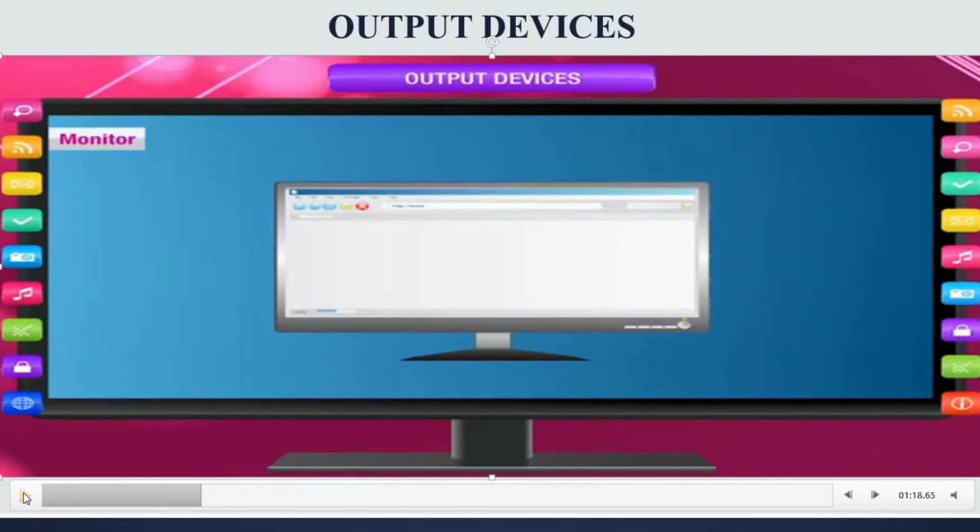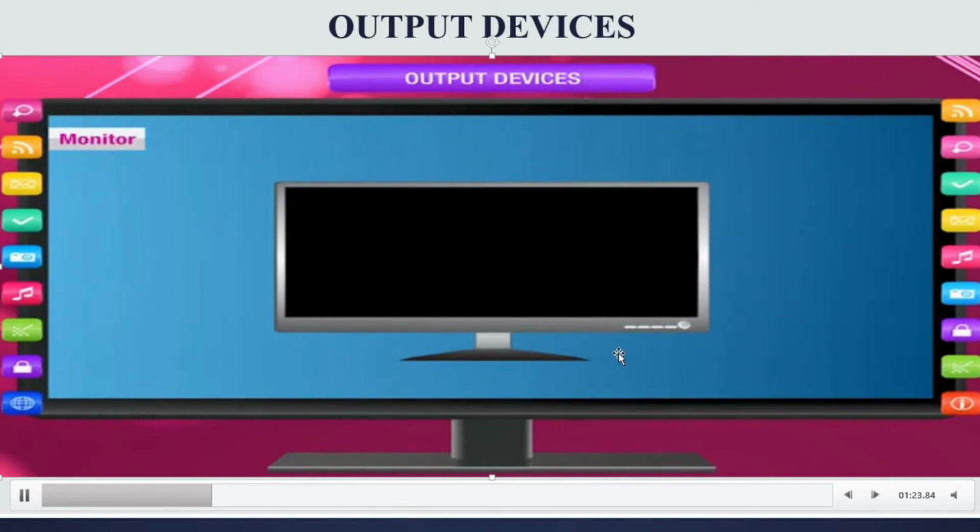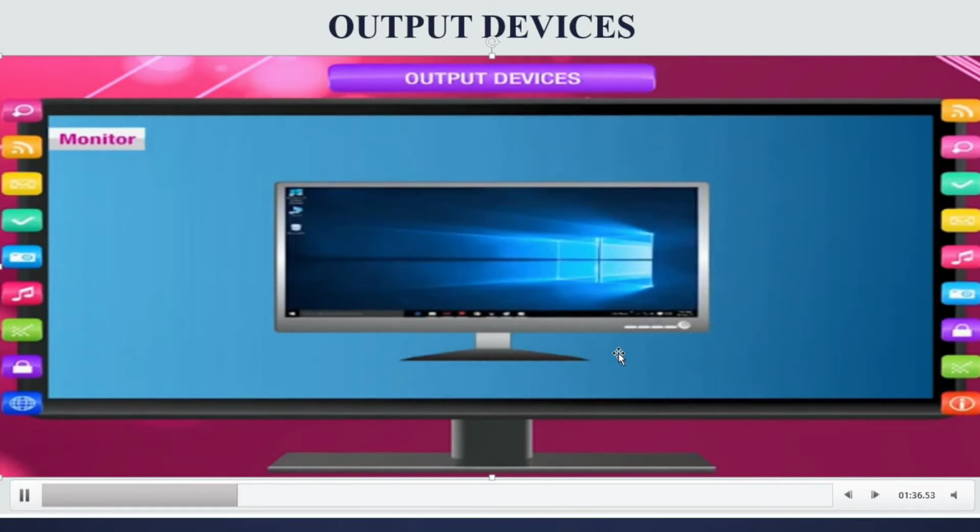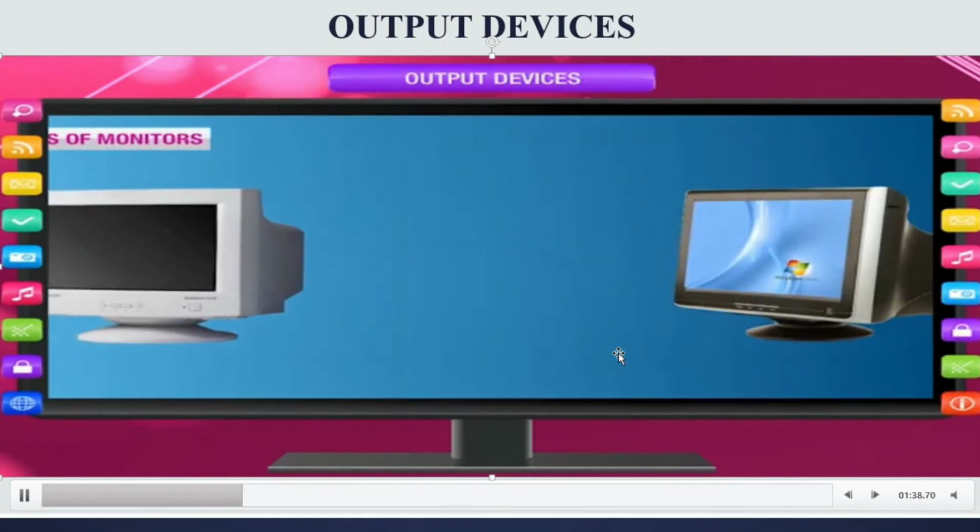And you can turn your computer screen on and off by using this button, right? And the monitor looks like a TV. See this button? This is the on off button. By pressing this button, we can turn on the monitor screen.